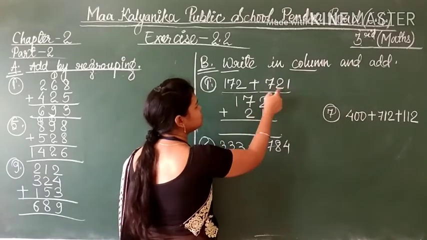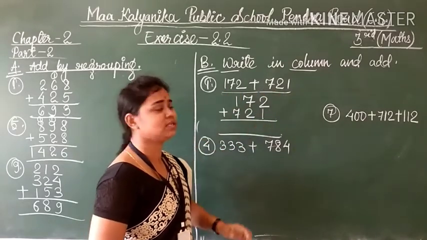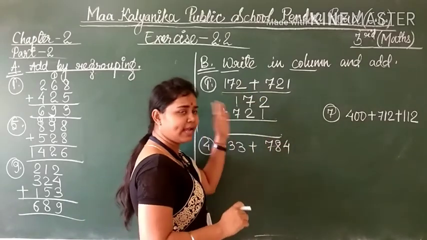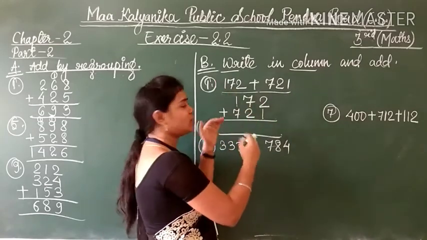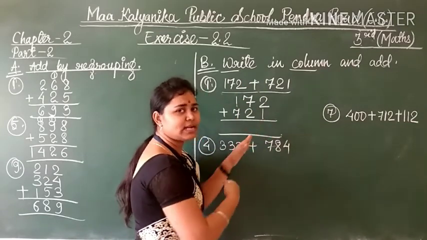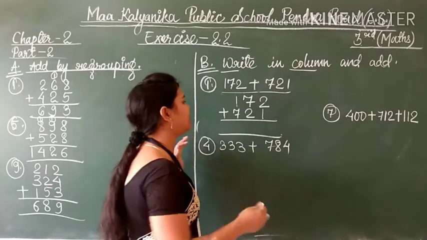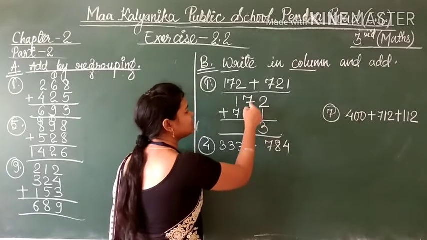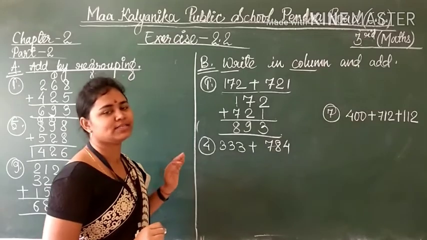This is also a 3 digit number, right from the back: 1, 2 and 7. Sometimes what happens, students? This is a 3 digit number, but the other may be a 4 digit number, so you are confused where to write. So after writing the first number in addition, you can write either this number or that number. You can change the order also. If you are writing any number first, the second number should be written from the right side so that it will be convenient for you and you will not make any mistake in writing it. So the calculation will also be correct. So 2 plus 1 is 3, 7 plus 2, 9, 7 plus 1, 8. So 893 is the answer, students.